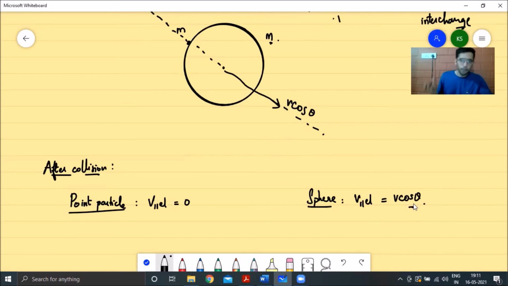Now we have dealt with the parallel component of velocities as well, right? So how do we deal with parallel components in an oblique collision? We'll treat it like a normal head-on collision. After we have dealt with the perpendicular components, we're now dealing with the parallel components. We'll just draw the parallel component diagram, and you see that it looks like the normal head-on collision problems we have been solving till now, right?